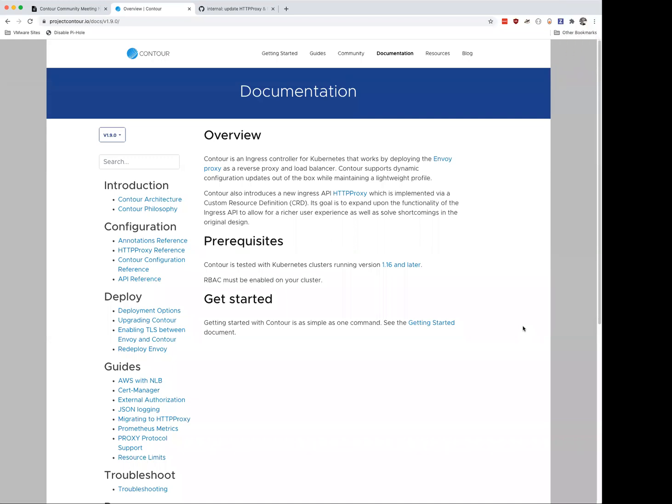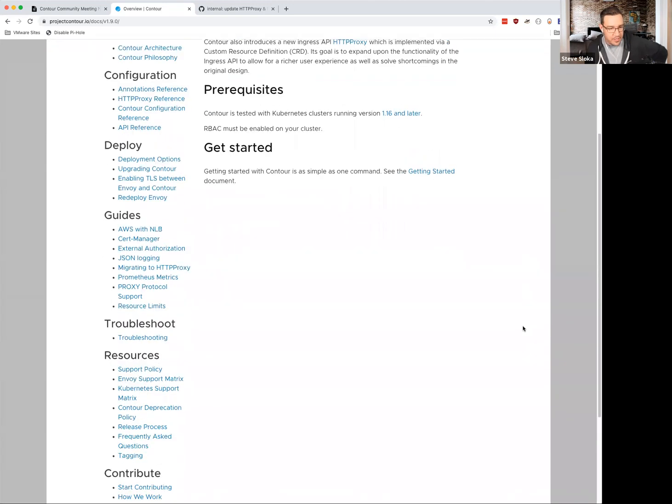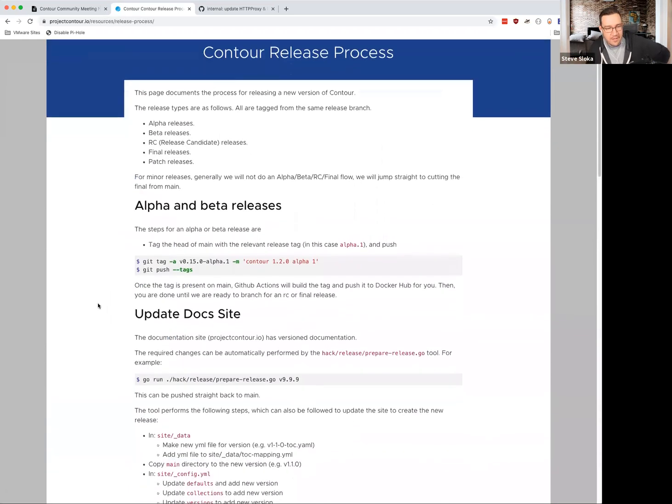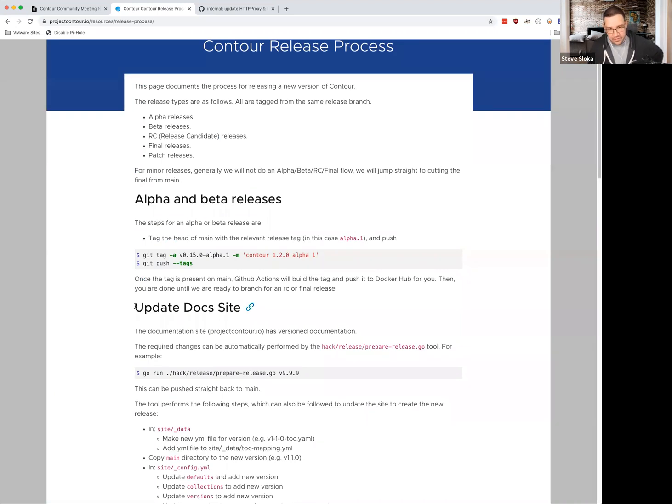And I didn't catch on that release process. Is there some kind of checklist there? I want to make sure that, obviously not at this very moment, but in the near future when the operator is ready to go, the operator is included in that checklist to make sure they are synchronized. On this page, if you scroll down a little bit, Jonas, there's a how to deploy Contour, or Contour release process, under resources there. This walks through how we update the doc site for versions, because it's versioned for every Contour release. And then there's a couple spots. For the operator, there's going to be adding the operator release process, how we tag a release of the operator and that sort of stuff.